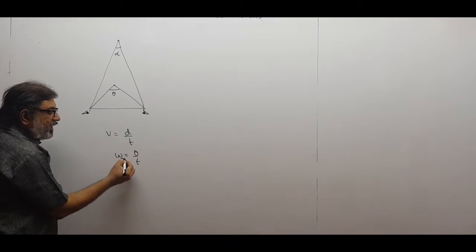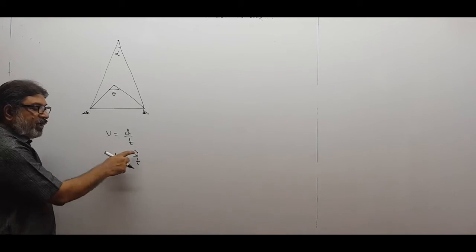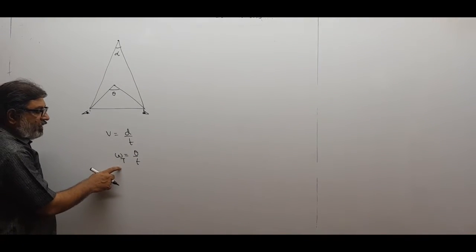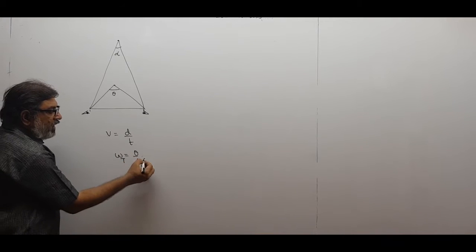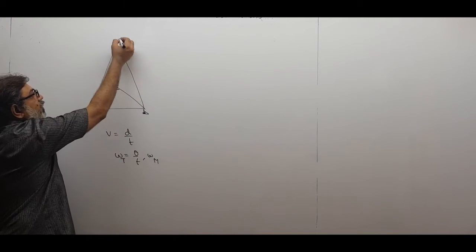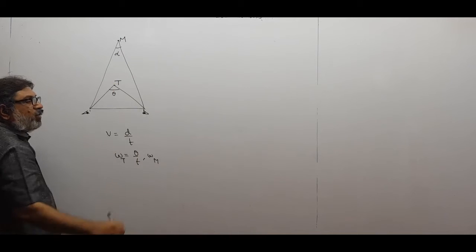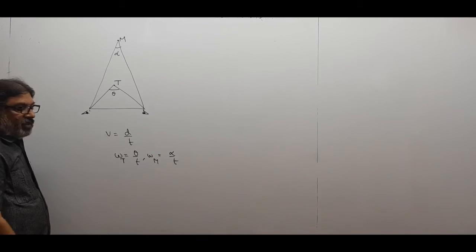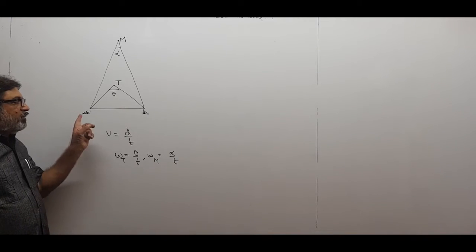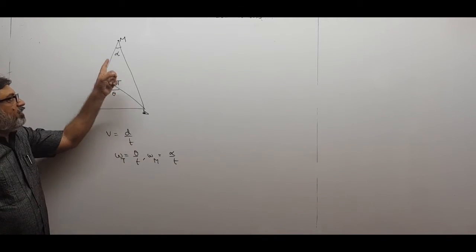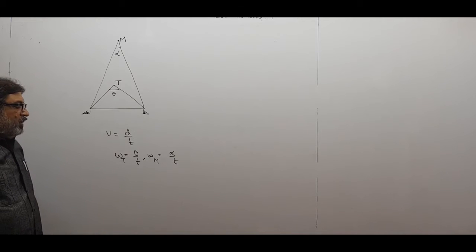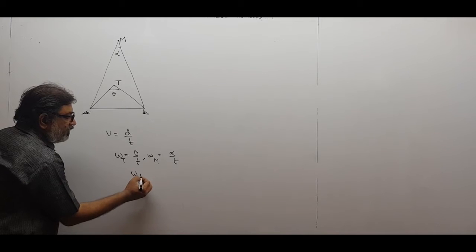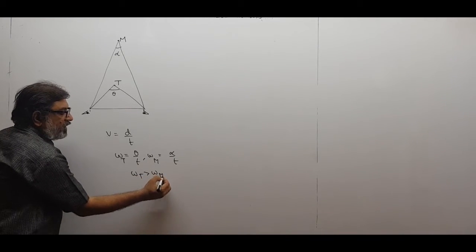So omega for the tree, angular speed, this is the formula for angular speed, angle upon time. So angular speed for the tree will be theta upon t, and angular speed for the mountain, maybe this is the mountain which is at a great distance and there is a tree over here, omega for the mountain will be alpha upon t. Time is the same for both. In the same time you reach from here to here, whether you are looking at the tree or whether you are looking at the mountain. So you can make out, because theta is more than alpha, the angular speed of the tree is more than the angular speed of the mountain.